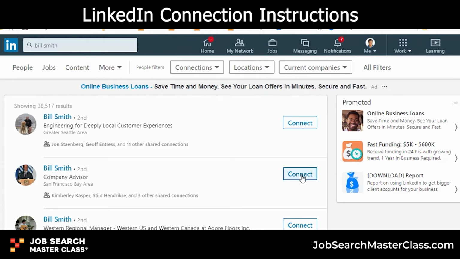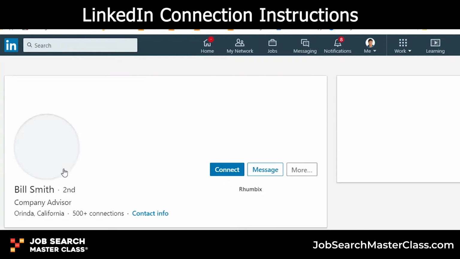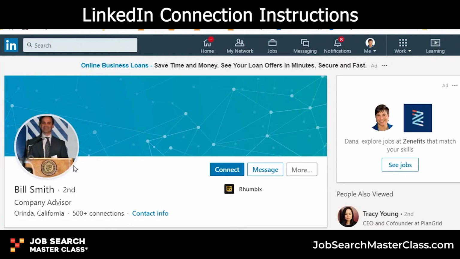How tempting. I'm just going to hit this connect button. No, no, no, please do not. LinkedIn is filled with numerous connect buttons that will not enable you to send a personal note. So hold back, sit on your hands, do what it takes to not hit that connect button. Your rule from now on, even if it's your sister or your best friend, is to click on his name